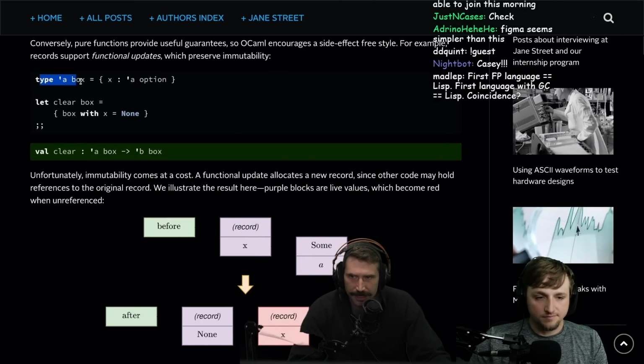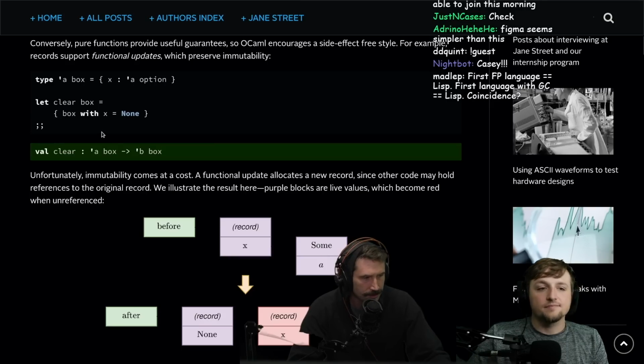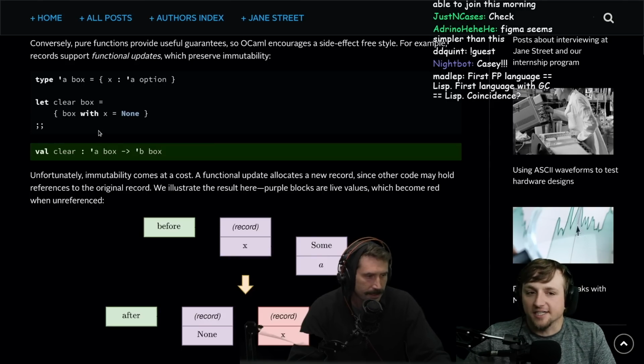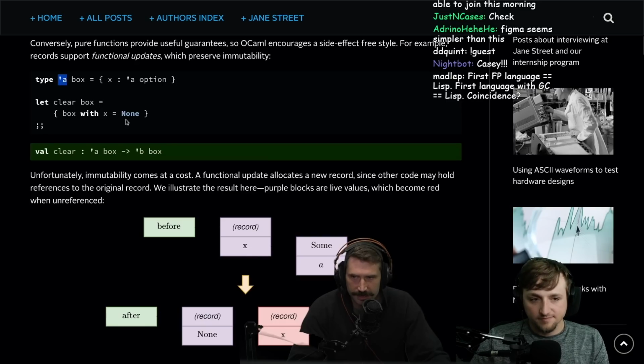Okay, so we have type 'a. This means the tick A is not a lifetime in this case. The 'a is correct, we don't know what type it is. It's basically like a type hole. You could put whatever type you want into this spot. They use the term type hole. Generic might be another way people are used to hearing it.